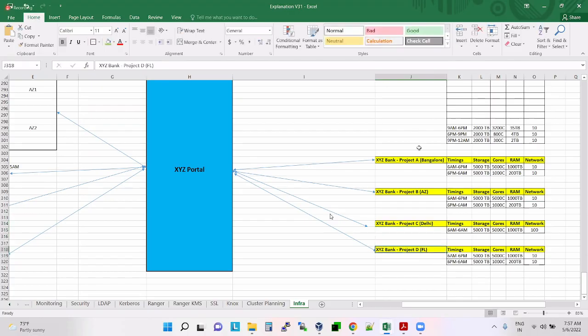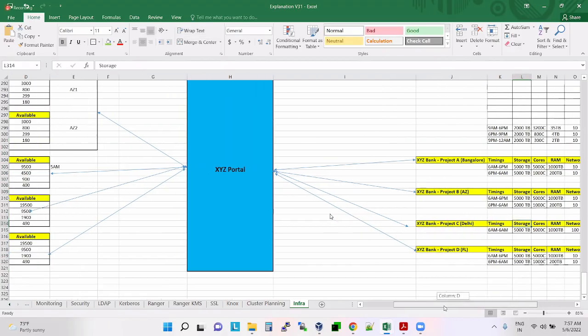These are all the projects sharing this private cloud, XYZ Bank people only. Understood?